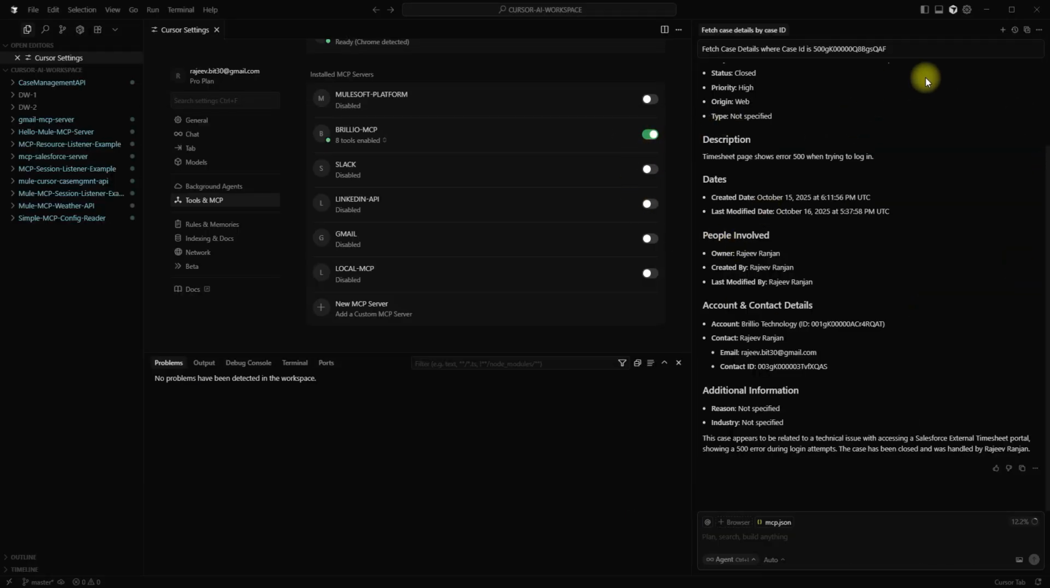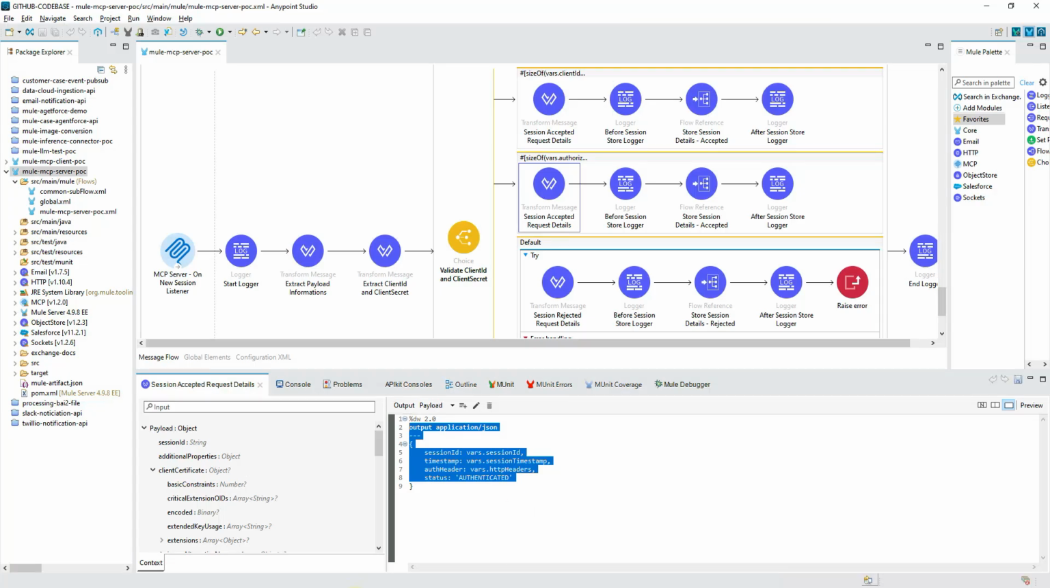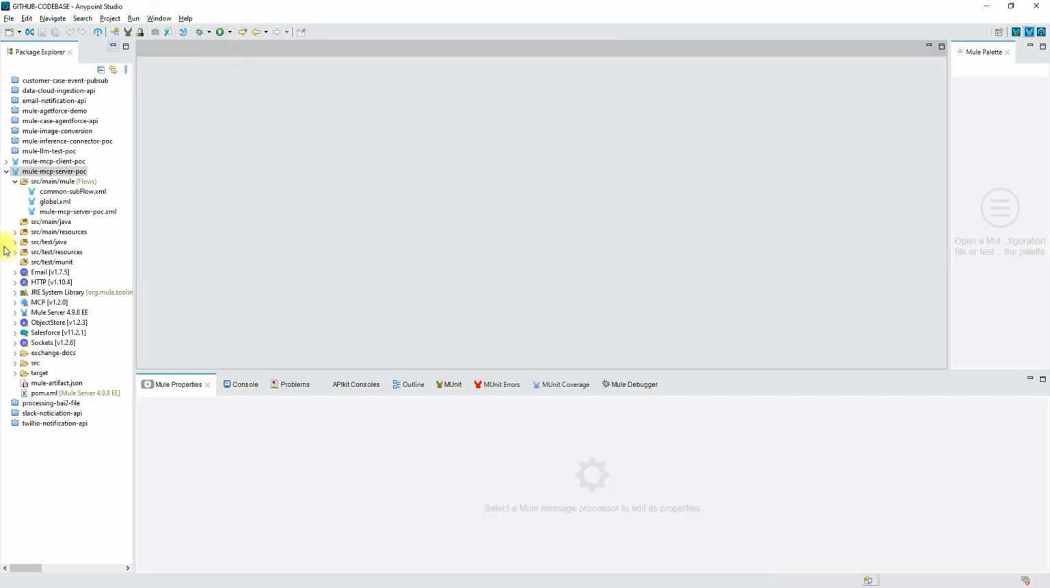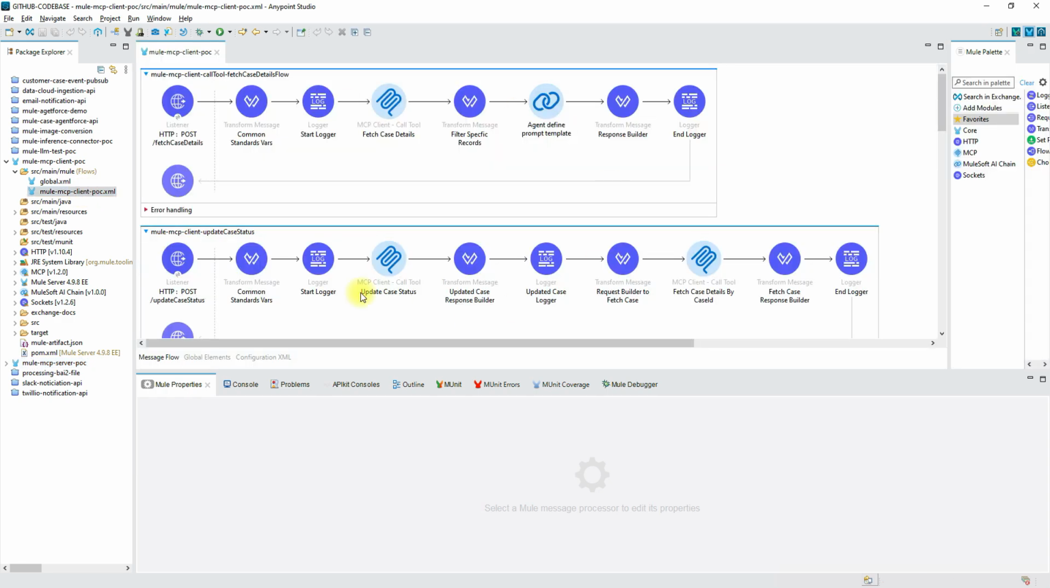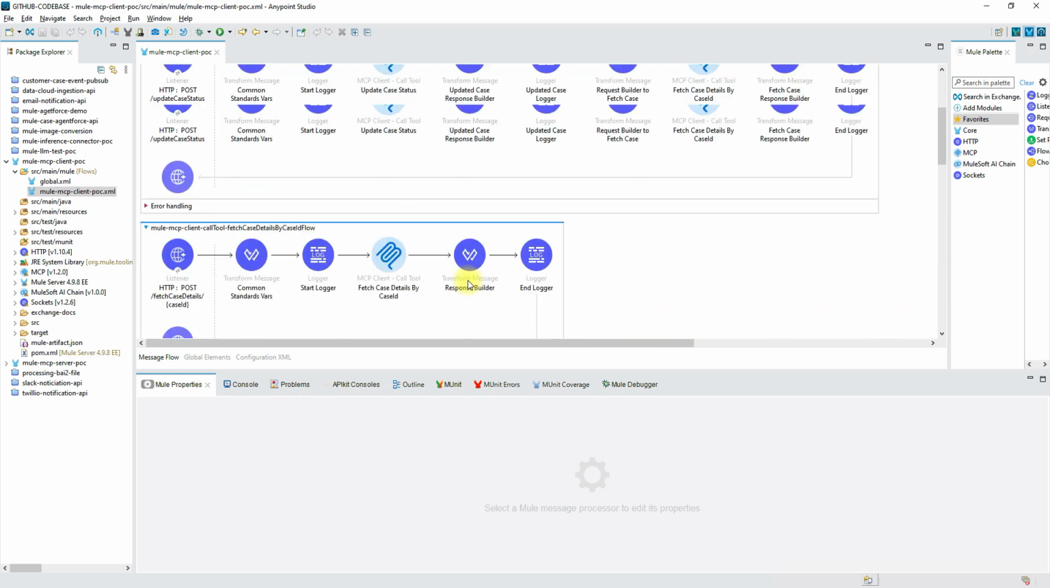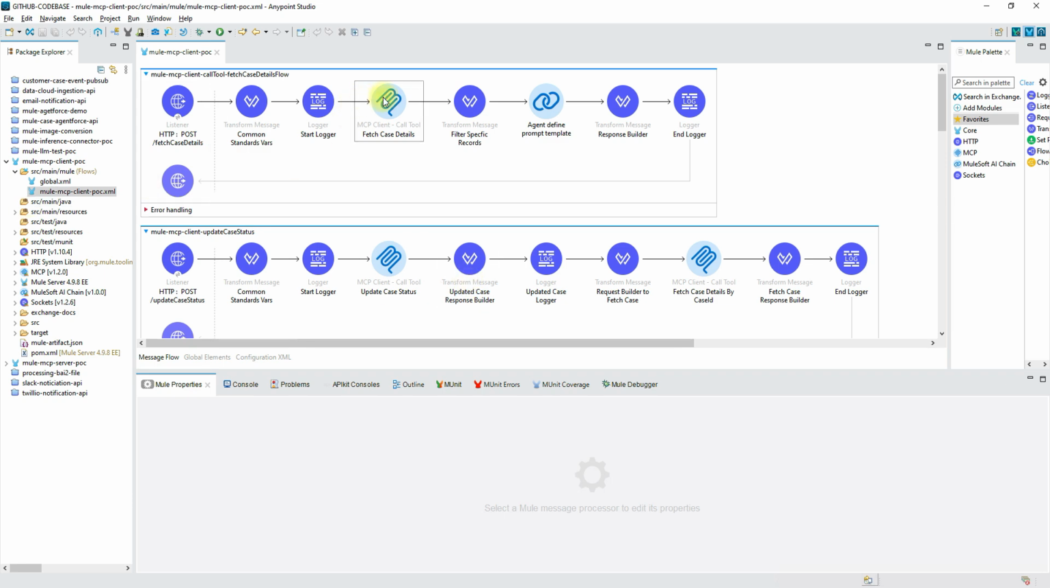Okay, so let me show how we can authenticate through the MCP clients which we have created into the Mule. Suppose these are the MCP clients I have created in the Mule, which are basically going to fetch case details. All these operations are there. I have done nothing, but if you see here these connections,